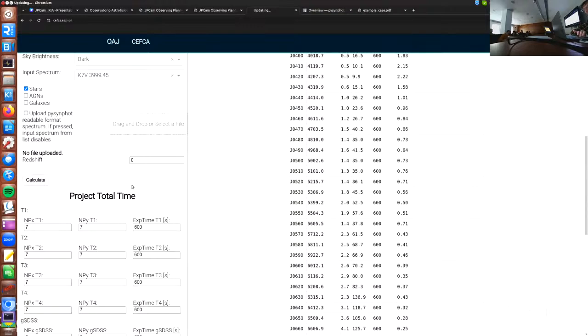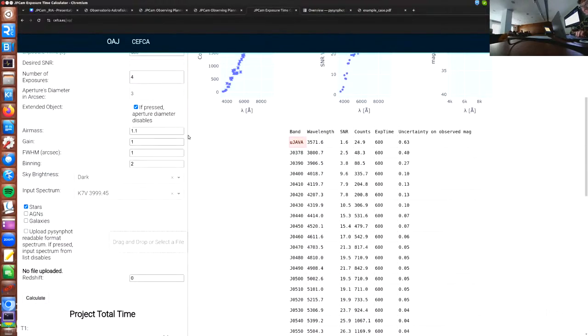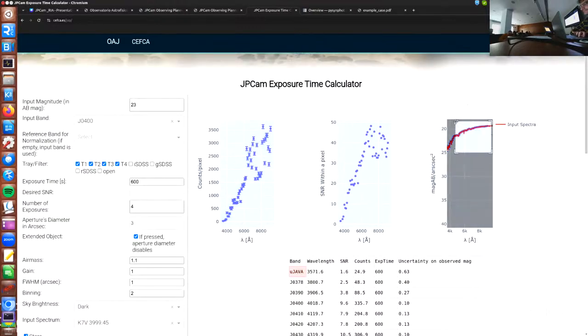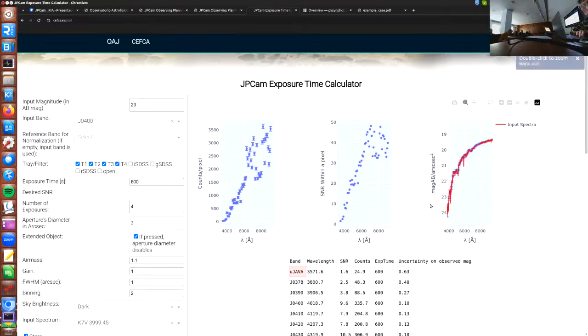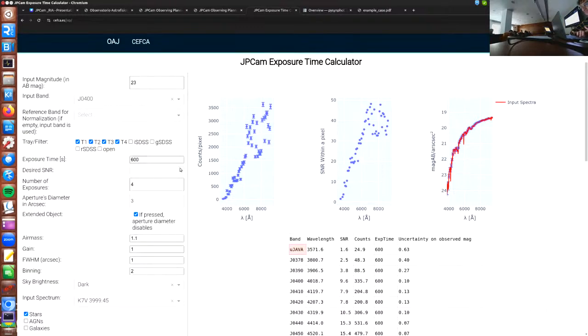Well, this depends a lot on the selection of the input band, because this is normalized to the star you input. So, for example, you want to go to 23 magnitudes in the blue. With this amount of exposure time, 600 seconds divided in 4 exposures, you have a signal to noise ratio of 10 more or less in the 400 filter. Of course, the signal measured is going to depend on the flux, on the wavelength. But let's just focus on the 400. At 400, you have a signal to noise ratio of about 10 with 600 seconds of exposures